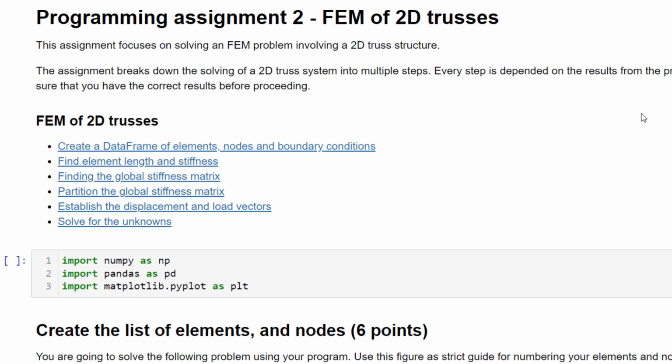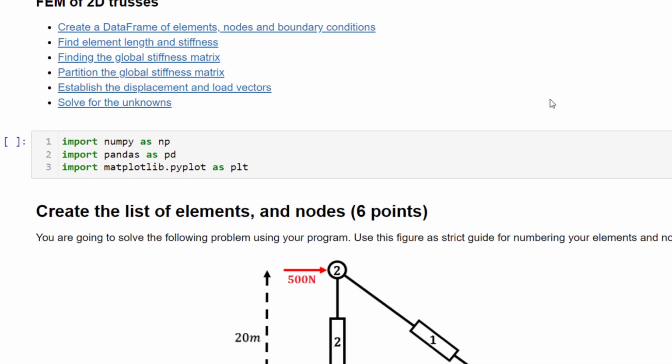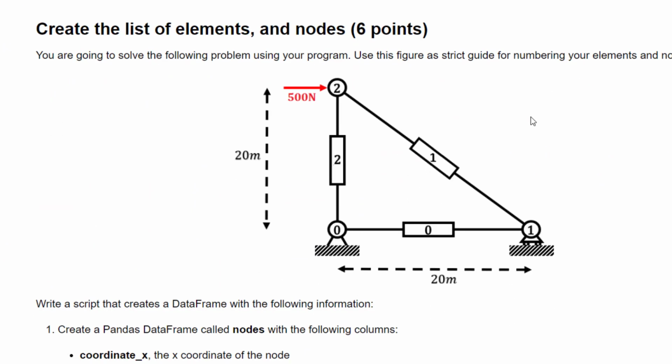Okay, so let's go over how to solve a 2D truss system using finite element methods. This is kind of a continuation of what we did last time in the one-dimensional FEM. The problem that we have right now is this one. So we have 3 nodes